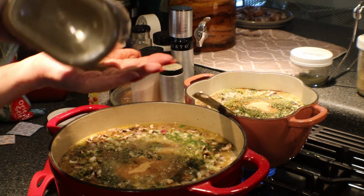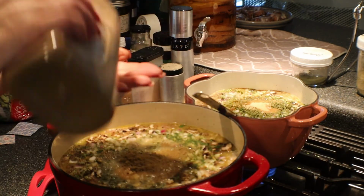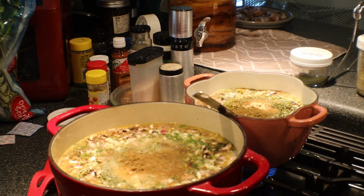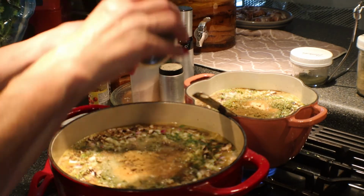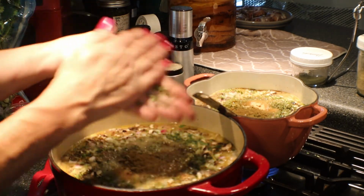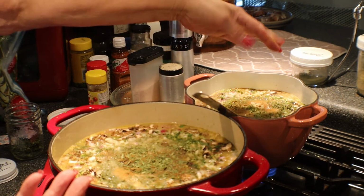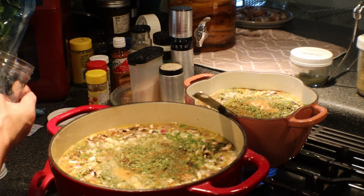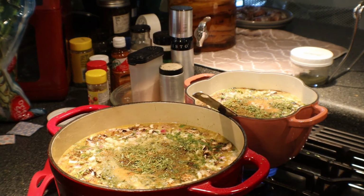And this is poultry seasoning, and it's got lots of different things: sage, thyme, marjoram, all different kinds of things in it. And so I just throw a little bit of that in there. It's ground really fine. It adds a lot to any kind of poultry. Now I'm adding a little bit of my lemon thyme to this. I did grow this, and it smells so good. That lemony flavor is just so good in any kind of poultry dish or pork dish or just about anything you can think of. I have two different kinds of thyme, but I like that lemon thyme